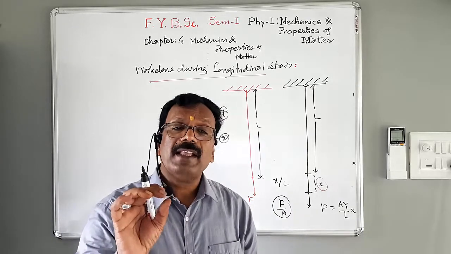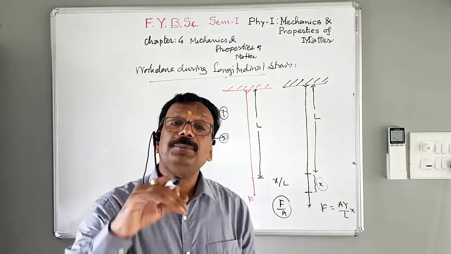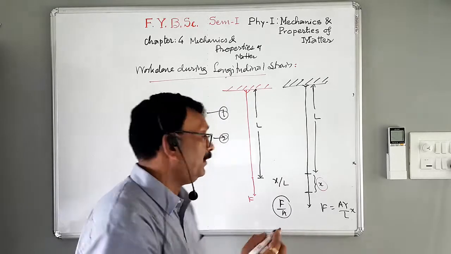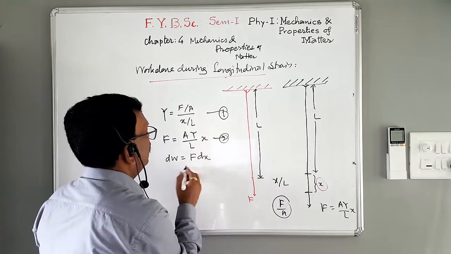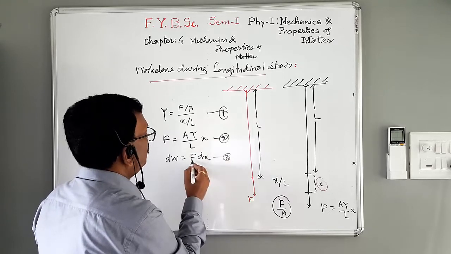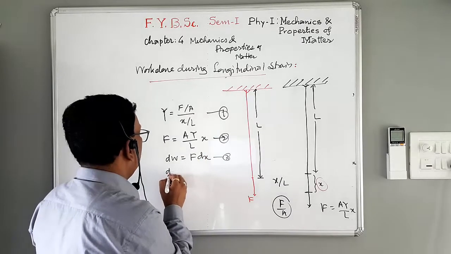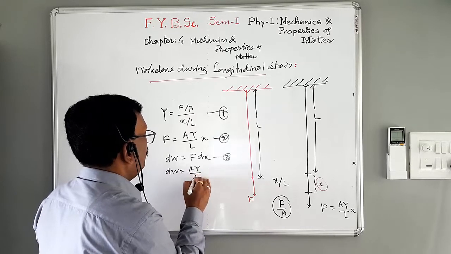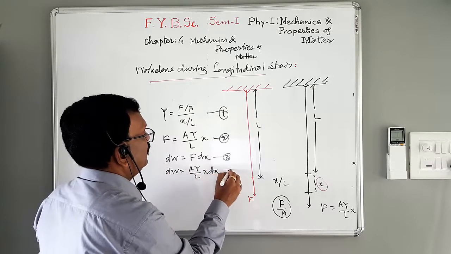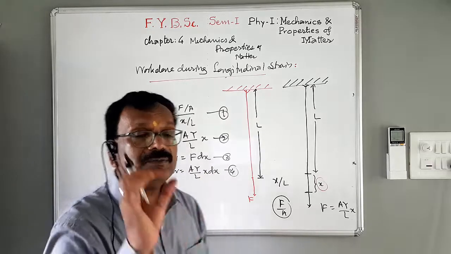The work done by the external force in further extension dx will be dW equal to F dx. Suppose this is equation 3. But F is nothing but this, therefore dW is equal to AY upon L into x dx. This is the small work done